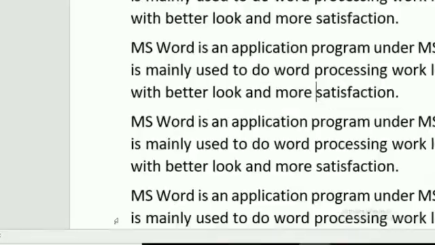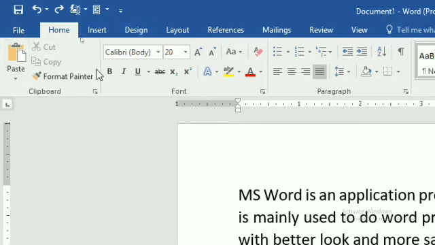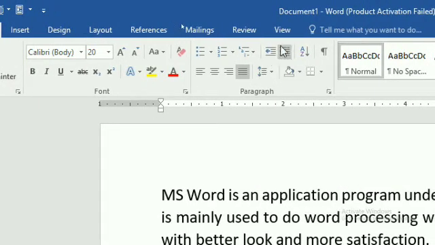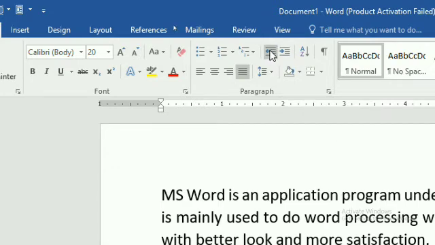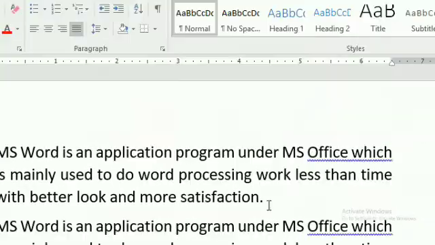I have written some content in Word, and now click on the Home tab, and next click on the space. These are your buttons to increase or decrease the indent. So we can do it by clicking on it, and then after that, if you want to do this task, first go to your ruler bar. This is your ruler bar, and see some options are there. This is your right indent. Yes, I have already displayed the diagram of indentation.